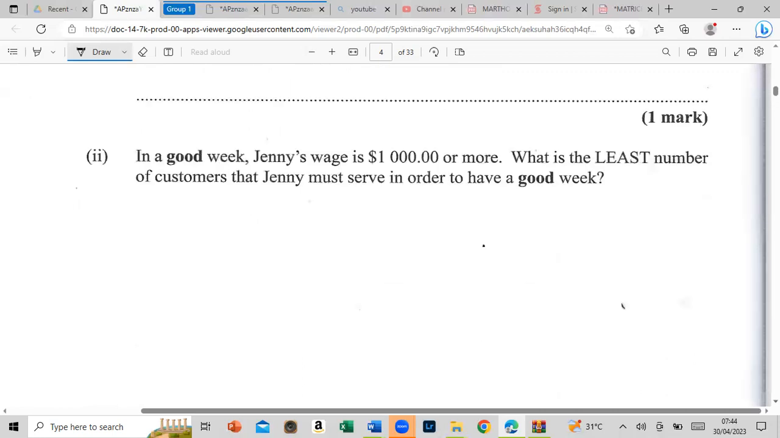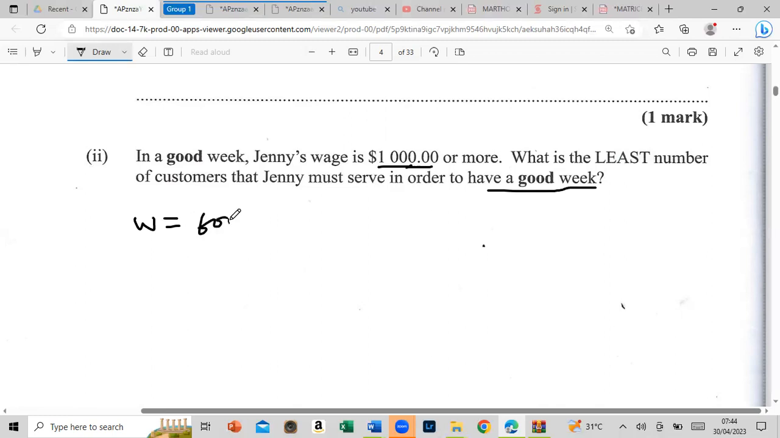In a good week, Jenny's wage is $1,000 or more. What is the least number of customers that Jenny can serve in order to have a good week? All right, let's check how Jenny can make $1,000. Remember, the $600 is fixed. So it's $600 plus the number of customers you serve. So we need the formula back. The formula was W equals